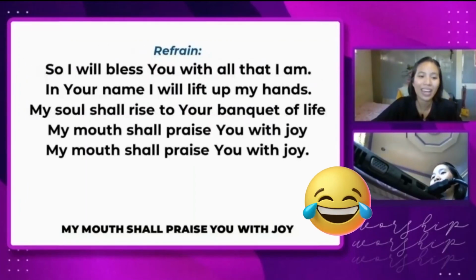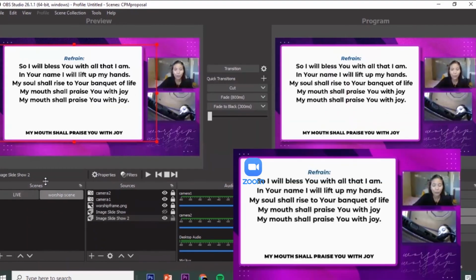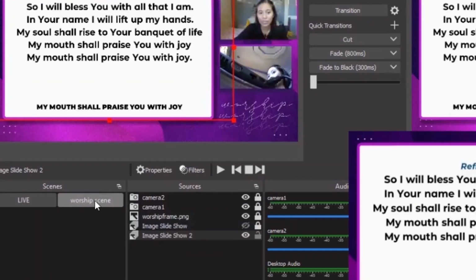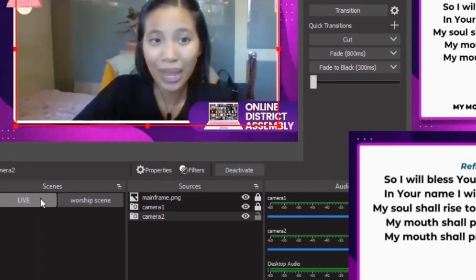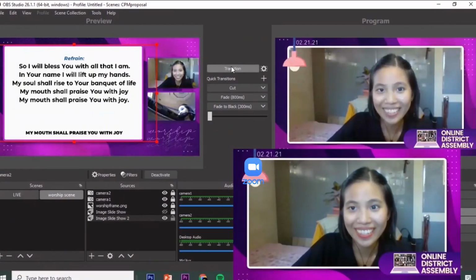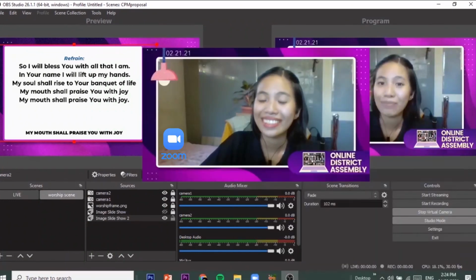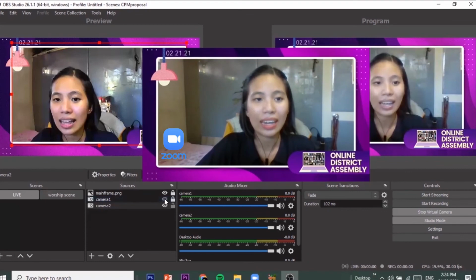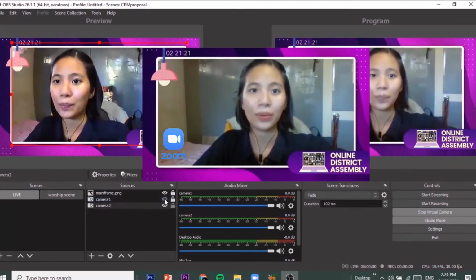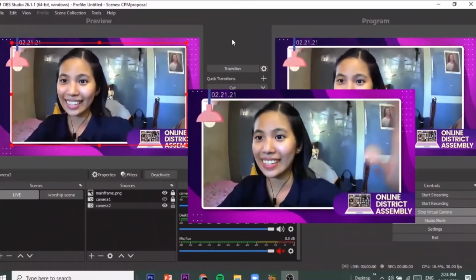So what if we'd like to change scene? Like, after the worship, we go back to the main frame. So go back to OBS. We go from the worship scene, we transfer to the main frame, and then we click transition. And we can see here that in Zoom, the main frame is already seen. And I'll hide the camera one, and I'll transition it. As you can see there, brothers and